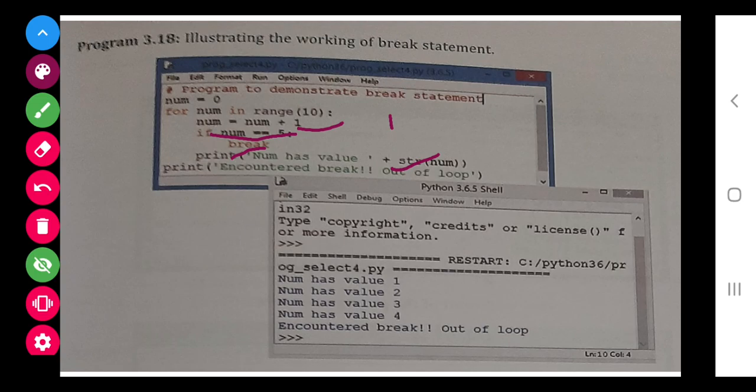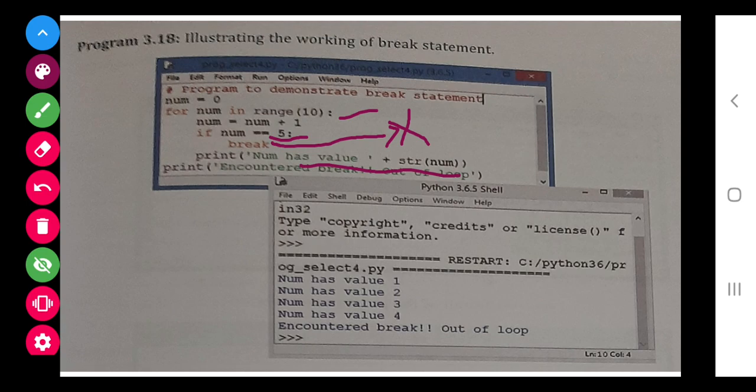And here they have written string value of num, that's not important, you can directly write num also. They have written str num, no need to write that, you can write num directly. Now when the for loop executes again, the value of num is 1 now. So when 1 comes, 1 plus 1, that is 2. 2 again does not satisfy this condition, so this statement will not run, so this statement will run.